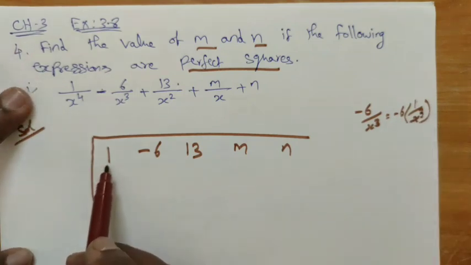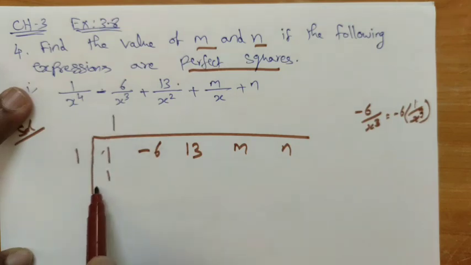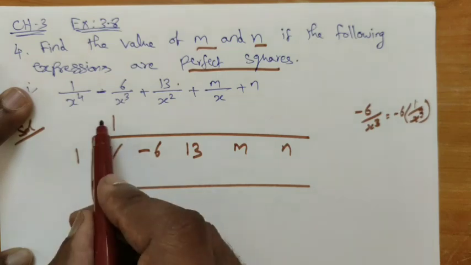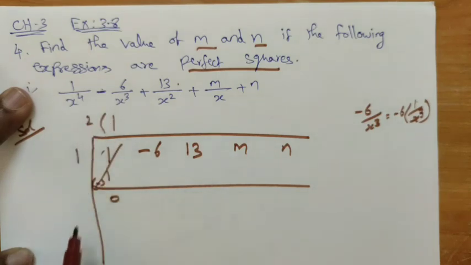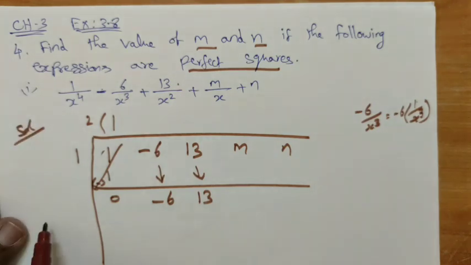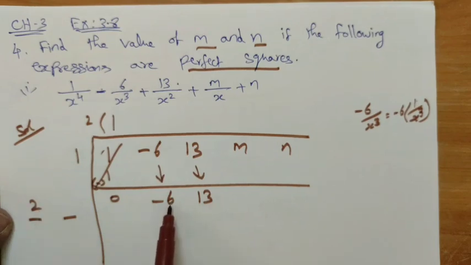So our aim is first term should be cancelled, right? So 1 ones are 1. So first term becomes cancel 0. And then multiply the number what you have found here. And then take these two terms, that is minus 6, 13. Right? Next term you have to write two terms, right? 1 2s are 2. And here we have the minus symbol, so without any confusion, put the negative symbol first.